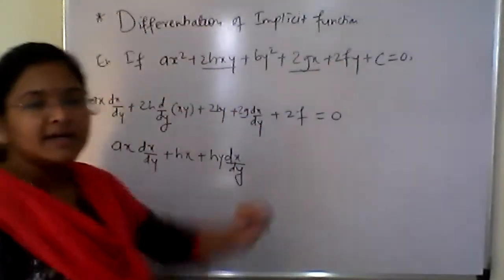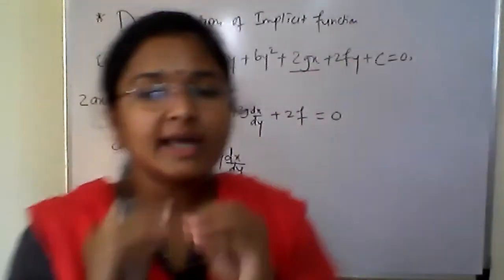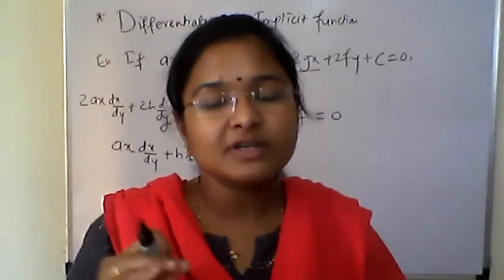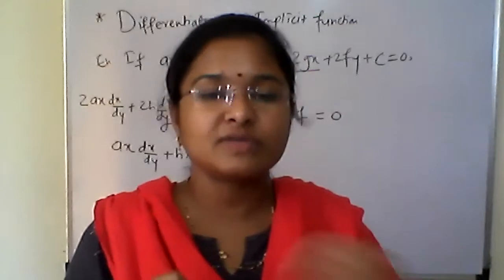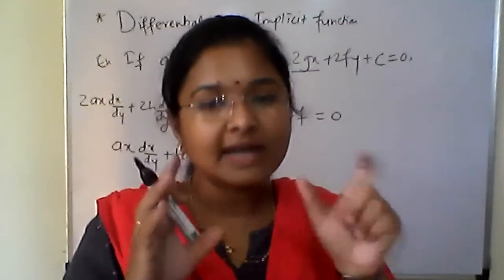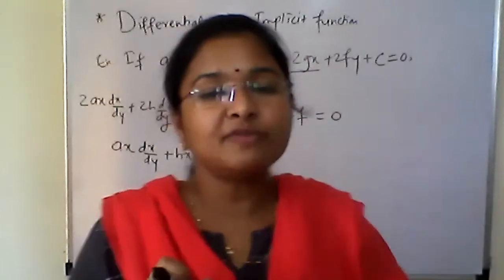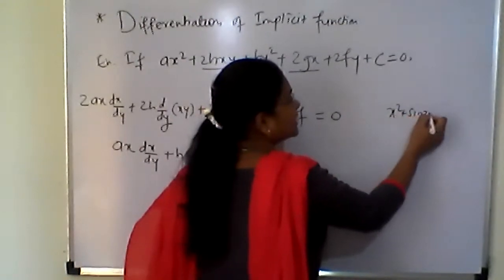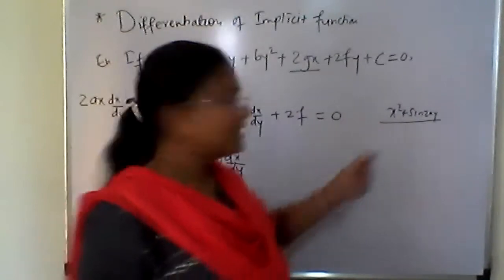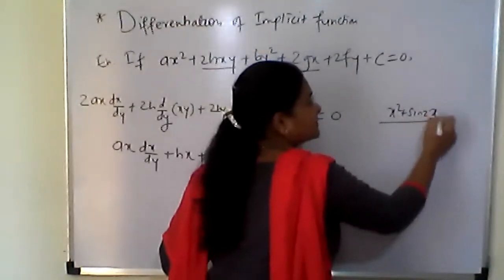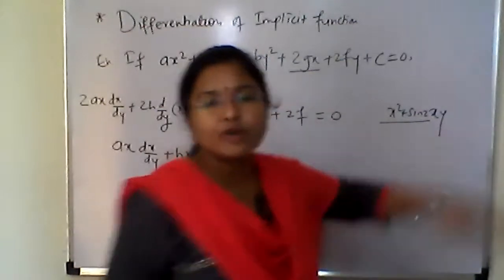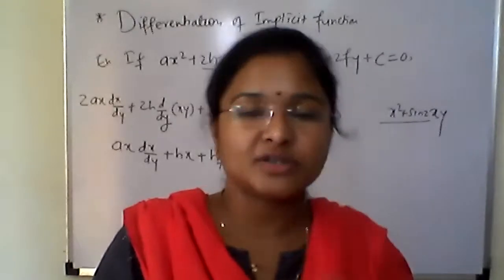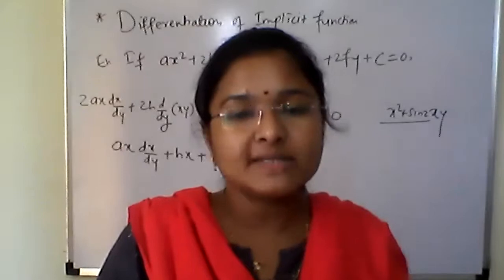So here, in an implicit function, we cannot express the function with respect to only one variable. In general, our function y, we can write as f of x. But those are explicit functions. In an implicit function, we cannot write y as a function of x. For example, sine of 2xy. Here, in the angle of the sine function, the product of both the variables is there. So here we cannot represent y as a function of x. Such functions are called implicit functions.